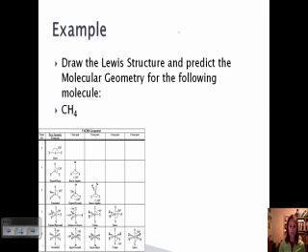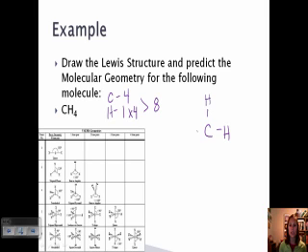Okay, let's look at a different one, which is CH4. So I know carbon is going to donate 4 valence electrons. Each hydrogen donates 1, but there's 4 of them, so this gives me a total of 8. Carbon is going to be my central atom, and because I have 4 hydrogens, I'm going to put 1 in each bonding site. So now I've satisfied the duet rule for hydrogen, and I've satisfied the octet rule for carbon. So I've used 2, 4, 6, 8, and I had 8 to start with, so I'm all set with my